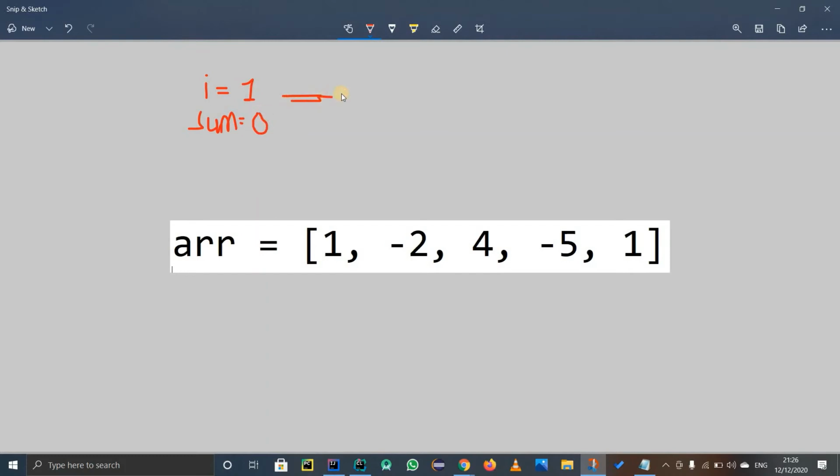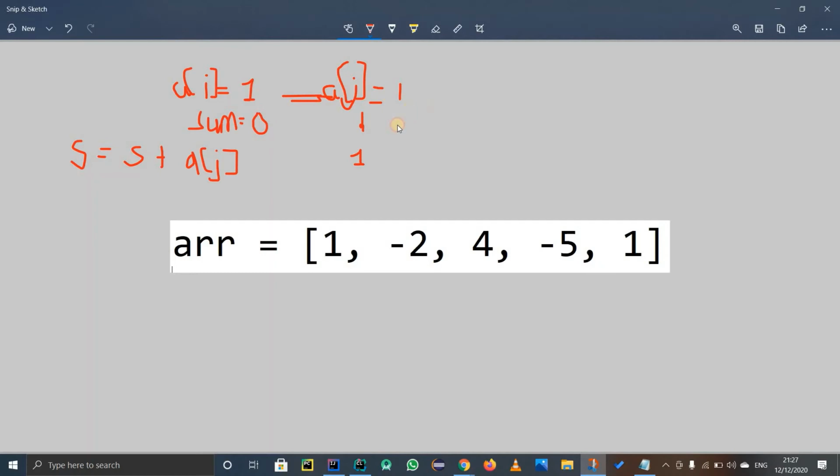Now when i is equal to 1, comes the part of j. So j is going to be equal to 1 and we have written sum equals sum plus arr of j. Basically, let us say S is our sum. We have just written S equals S plus arr[j]. So arr[j] is basically the element, which I'll write as A. When j equals 1, sum is going to be 0 plus this 1, equal to 1. This is A of j, and this is also arr of i. I'm just writing it so that you guys understand.